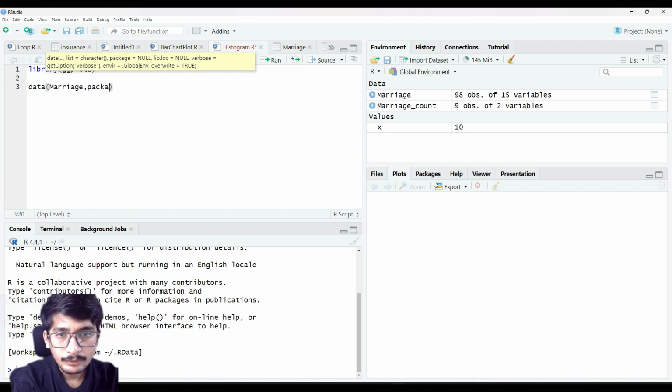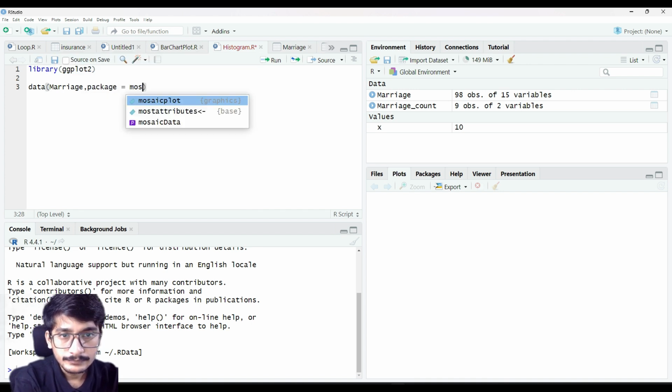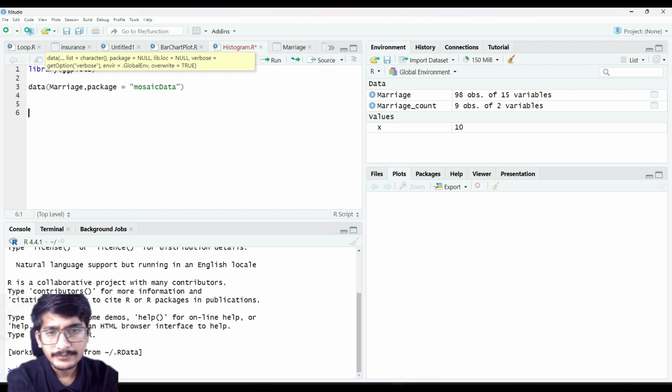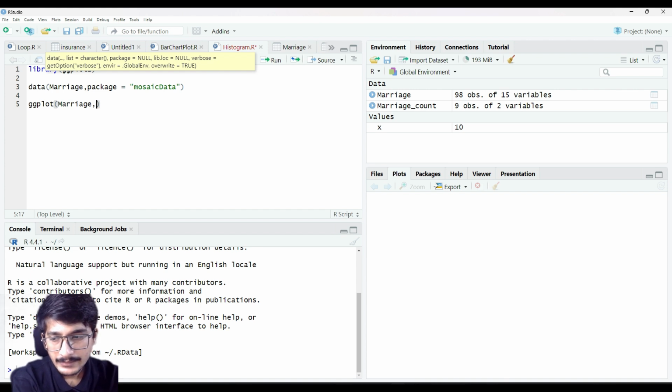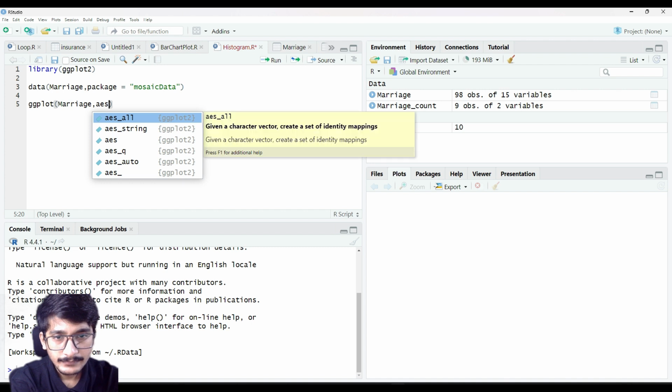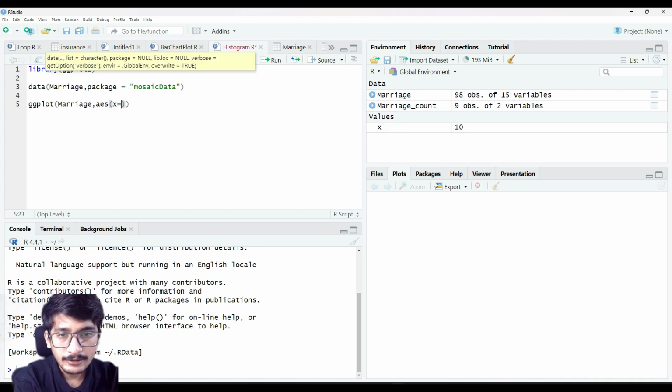marriage, basically from the mosaic data, and we have already looked at what this data is. Now we will start plotting it. We will say ggplot, pass marriage, and for aesthetics we will plot against quantitative data, so we will plot against age. So our aesthetics x will be age, and then we need a geom histogram,